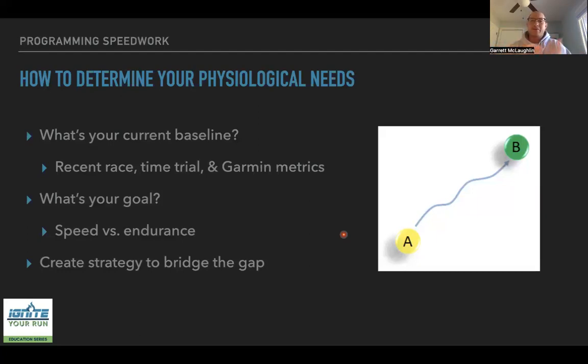Average heart rate, right? We're assuming some of the other variables like temperature outdoors, nutrition, hydration, we're able to keep those relatively constant, because that will throw things off to a degree if they're drastically different conditions, like comparing winter running when it's 10 degrees outside to summer running when it's 90 degrees, right? Heart rate should be drastically higher when it's 90 degrees. So if we can look at small chunks of time just to see how you're improving, we can understand what